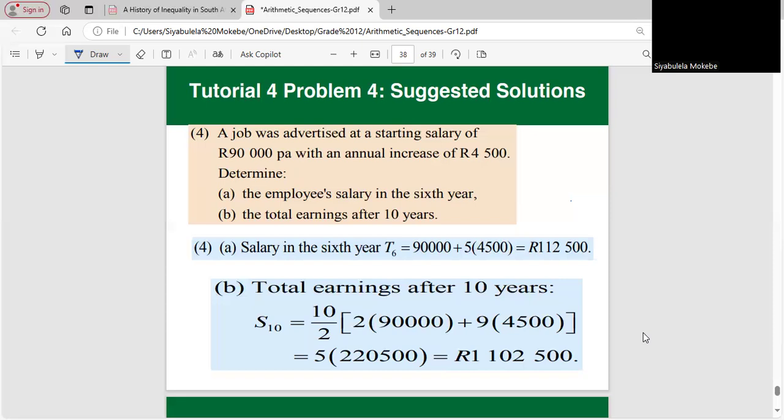Remember, the common difference is 4.5 because you're increasing each time by 4.5. That should give your answer. So if I were to write this as a series, it's 90, then plus 4.5, and so on. So you can see that it's actually